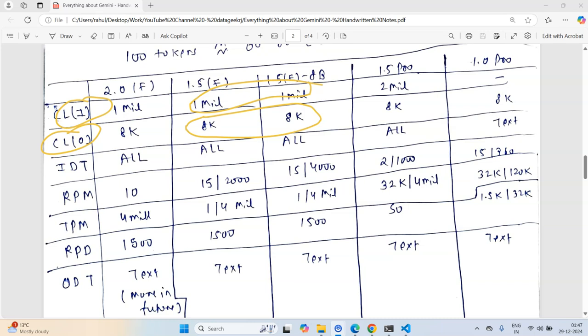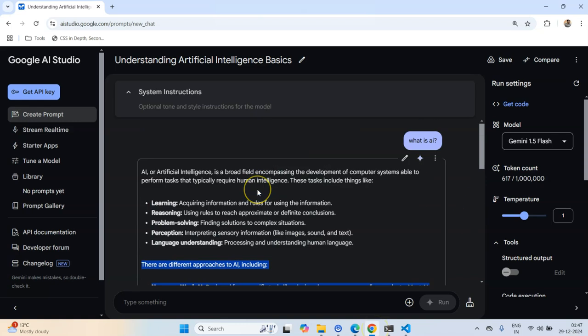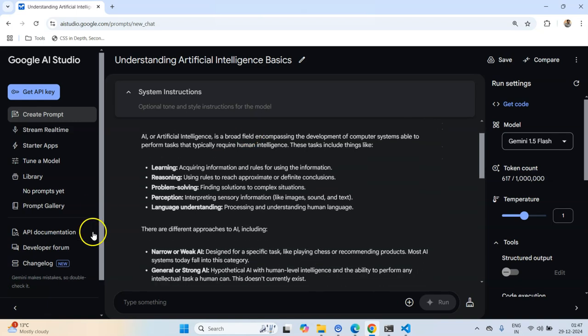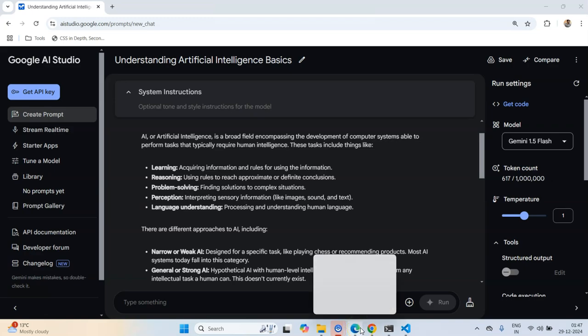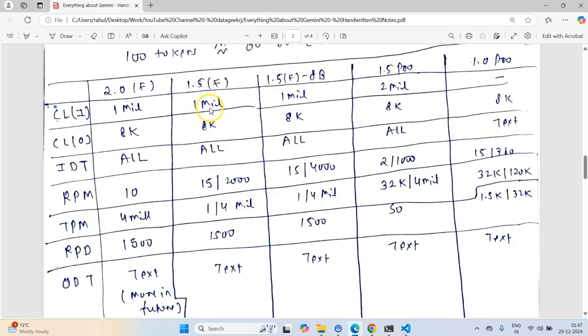So what does that mean? That means I can ask a question which involves a number of words equal to 1 million in this particular prompt, and the response I get will always contain no more than 8k tokens.